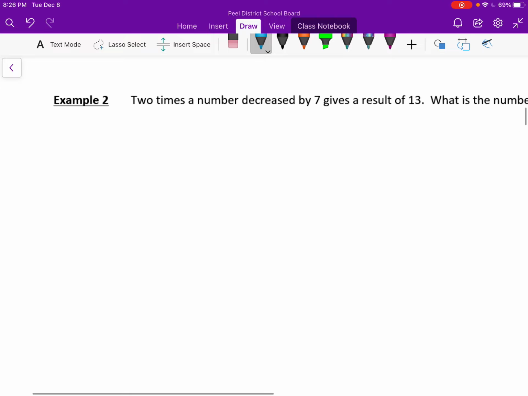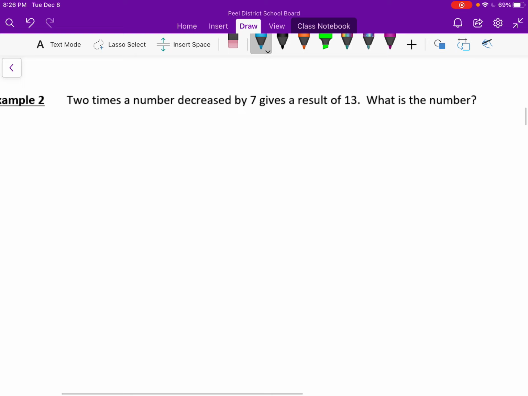So example 2, obviously we start to get a little bit more complicated. So it says 2 times the number decreased by 7 gives a result of 13. So what is the number? So we're looking for some sort of number that when you multiply it by 2, decrease it by 7, results in 13, right? So what I'm going to do is I'm going to say let x represent